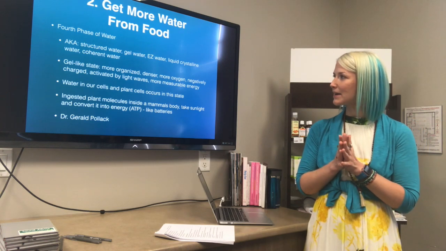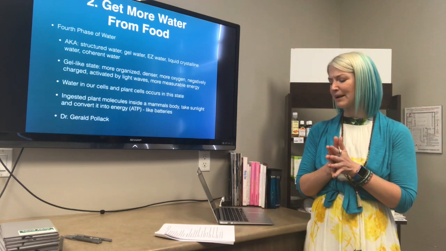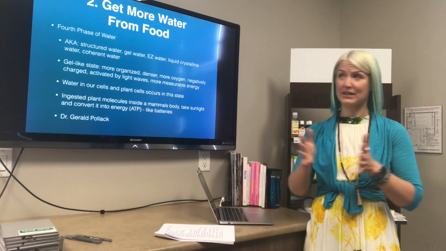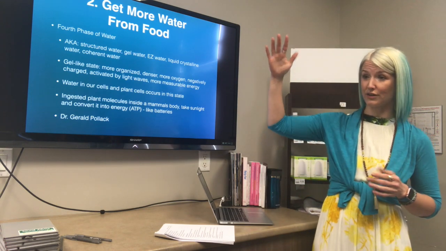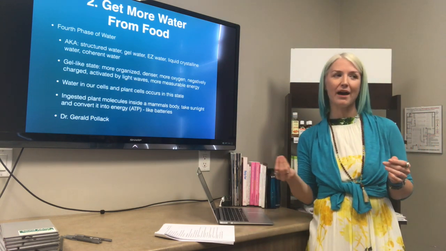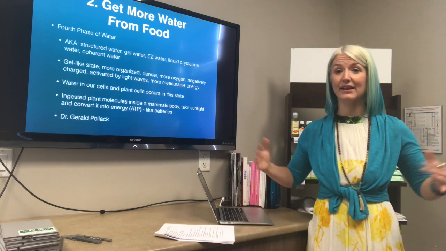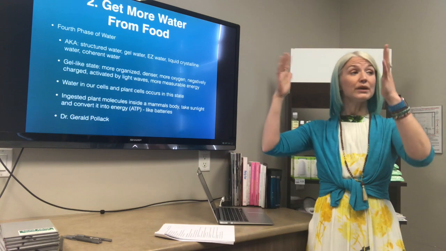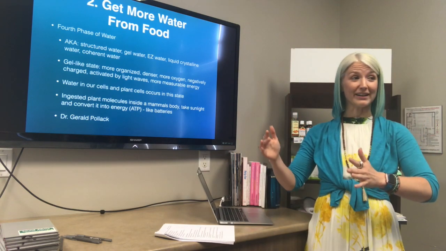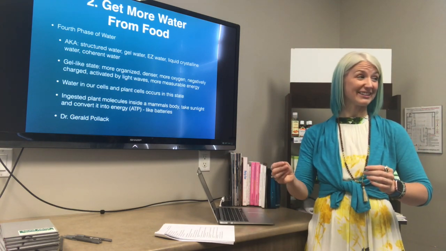But it's interesting because, for example, it uses sonic frequencies to create this structure in the water. So if you ever do a sound bath, or you're around singing bowls or gongs, or even chanting or singing, the sound waves actually reorganize the water in your body to better conduct electricity.